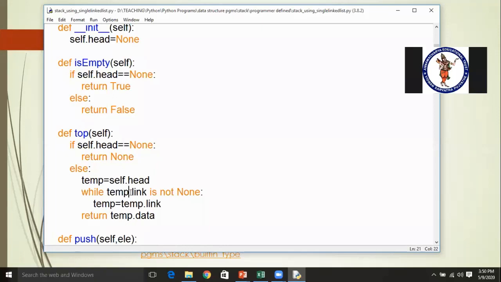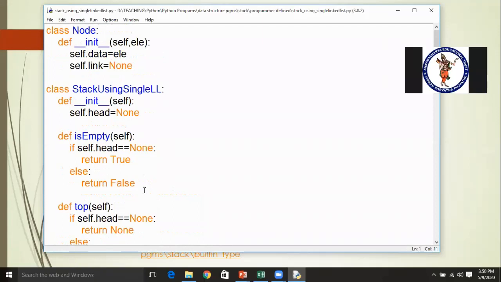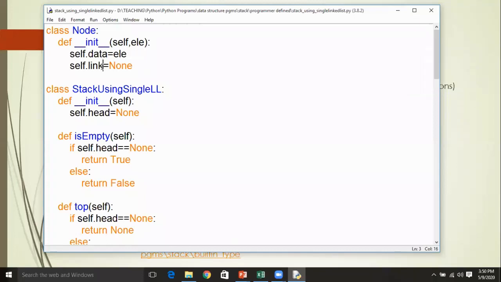So what is this link? Where did this link come from? This link came from this node. Node is a data structure, or a memory block, which contains data and link. This implementation of stack, we are doing with the help of a single linked list. In order to create a data node with the help of one particular link, we have created this node class, which contains data and a link.